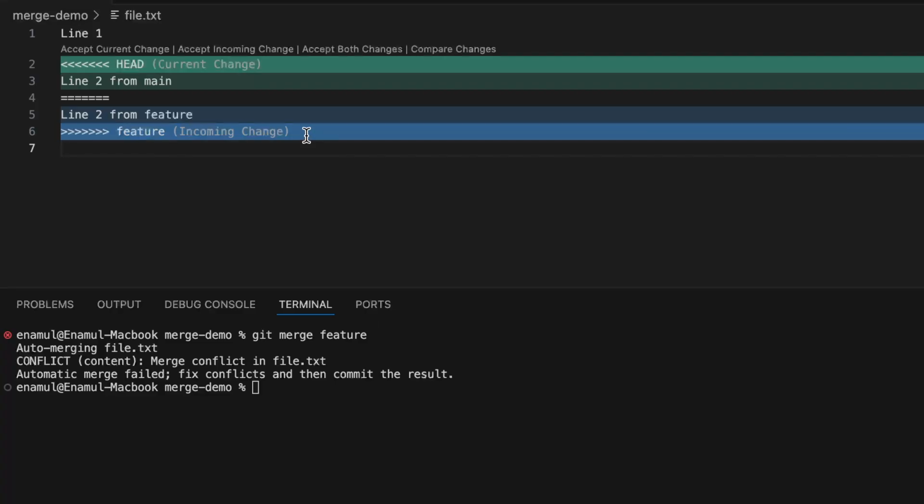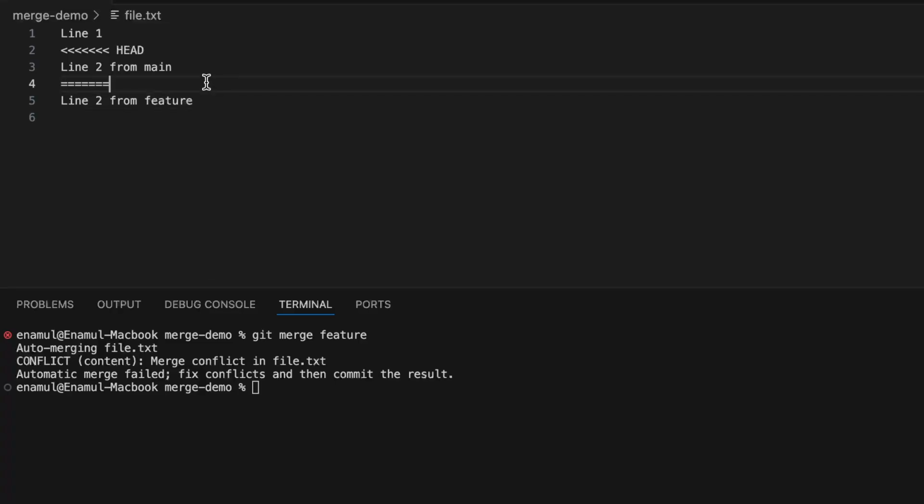Based on your requirement or scenario, you can decide if you want to keep the line from the main branch, the feature branch, or both. Let's say we need both lines, so we'll keep both. Okay, so now we have line 1, line 2 from main, line 2 from feature. We can now add it,